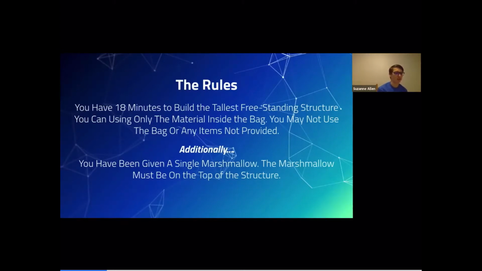So hopefully you've gotten the chance to look around and see what's inside of your bag. You'll see that you've been given a single marshmallow, and that marshmallow must be on top of the structure. So again, you have 18 minutes to build the tallest freestanding structure, making sure you're only using the materials in your bag. Freestanding means that it's not supported by anything, not any people or anything like that. And don't use the bag, just the stuff inside. So we'll go ahead and start the timer. You guys have 18 minutes, starting